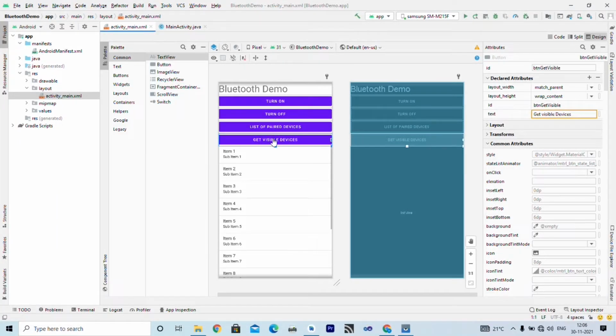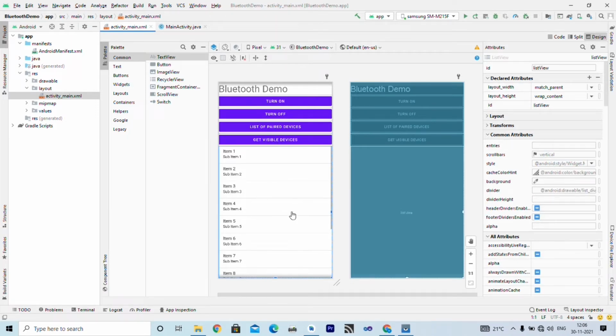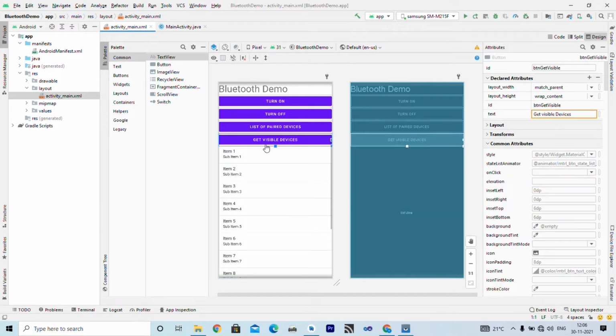And finally the last button with caption get visible devices has ID BTN get visible, and this list view is used to list paired devices, right? So inside this list view we will display all paired devices. This is a simple interface, you can quickly create this interface. Now let us move to the coding part.